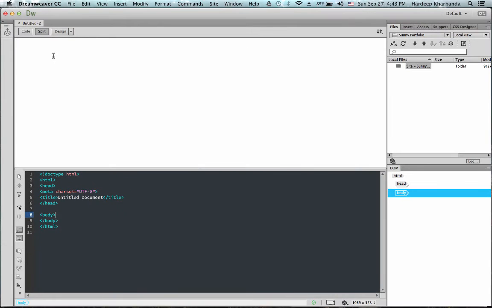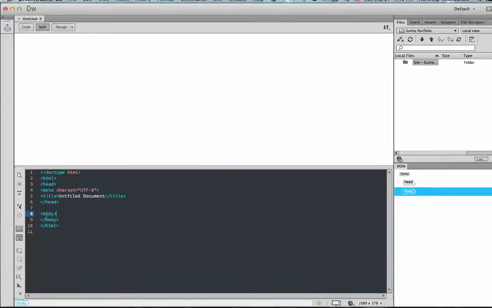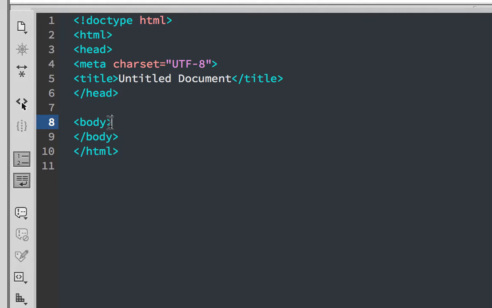So notice when I just click in the design section, my cursor, which is flashing here, is right here between body and /body. So any content that I add here will automatically go into the body section of my code. Dreamweaver knows how to do that, so I don't need to worry about it. I just need to come in here and start adding my page elements.